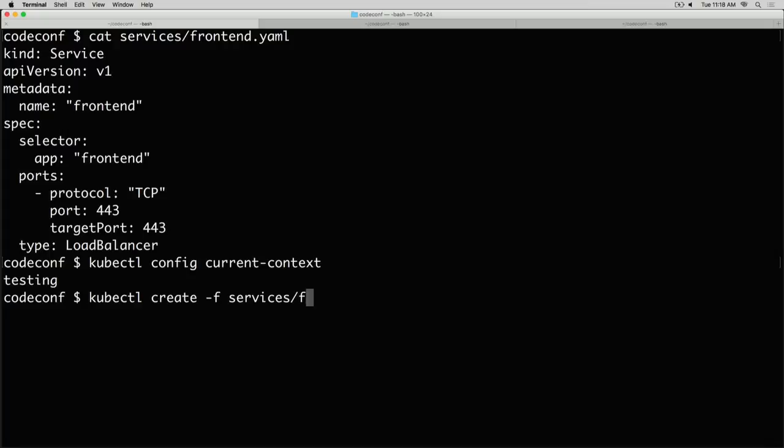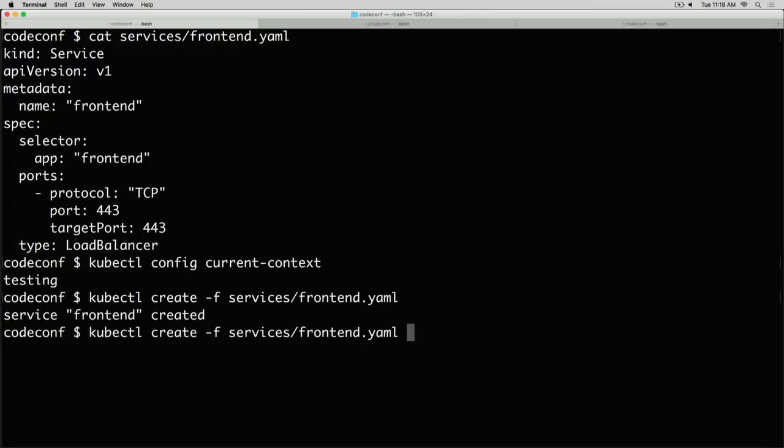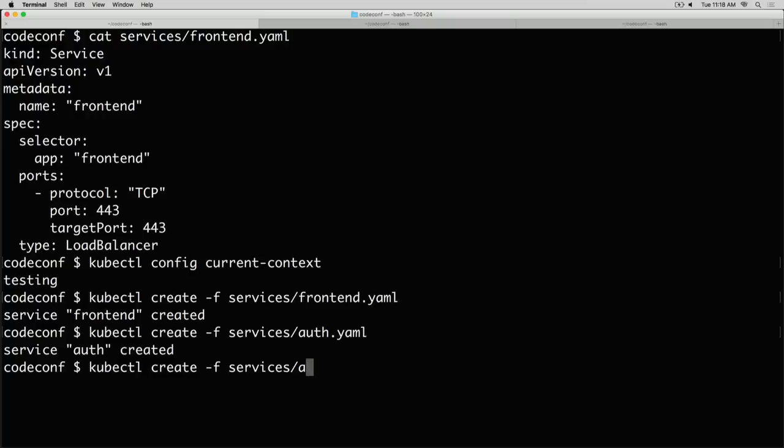So what we're going to do is create some services. So here's my front-end service. And I'm also going to do it for my auth and my hello service. So I'm going to go ahead and create those now. So behind the scenes, Kubernetes is going to interact with my cloud provider of choice and also going to give me internal DNS so that I can reach all of these services. So you don't have to try to worry about figuring out service discovery.